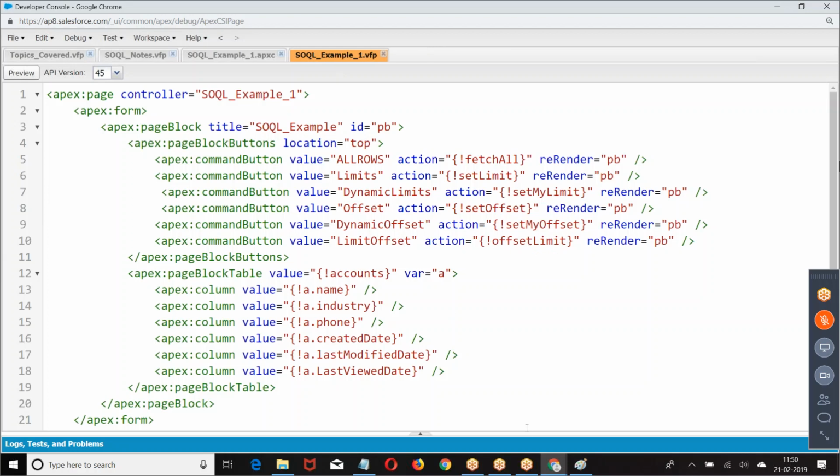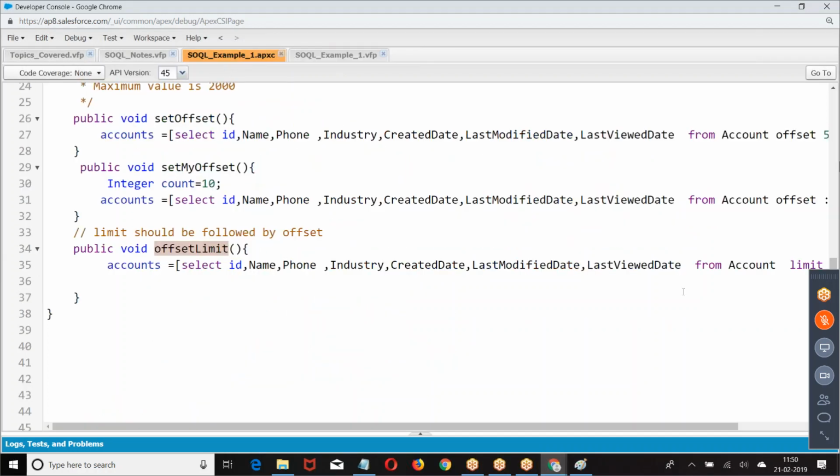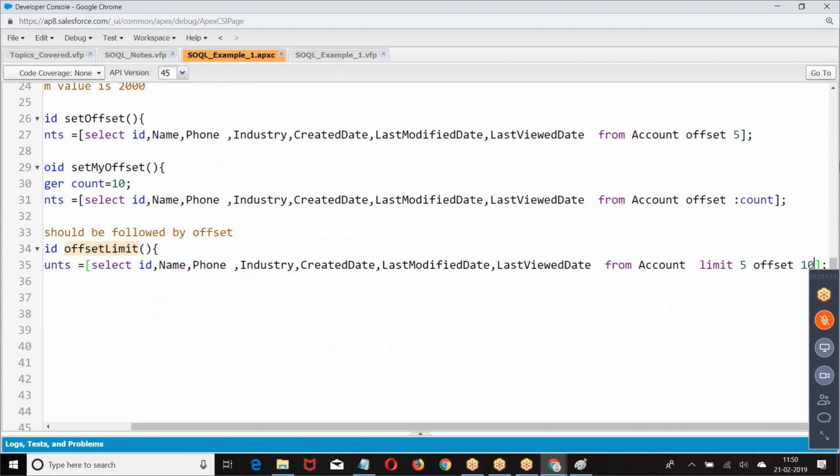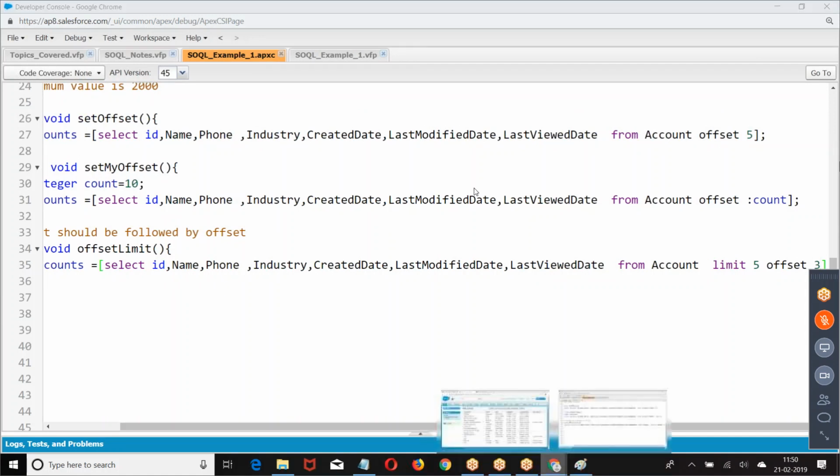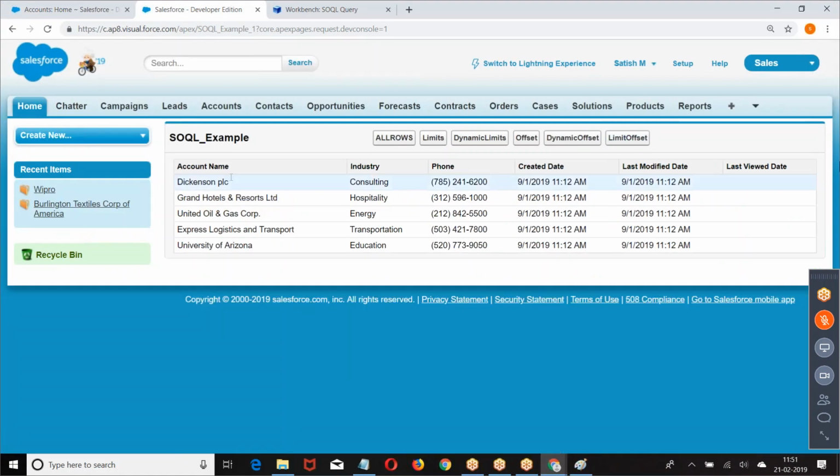So I can reduce the size if I want. Limit offset: from third position, give me 5 records.